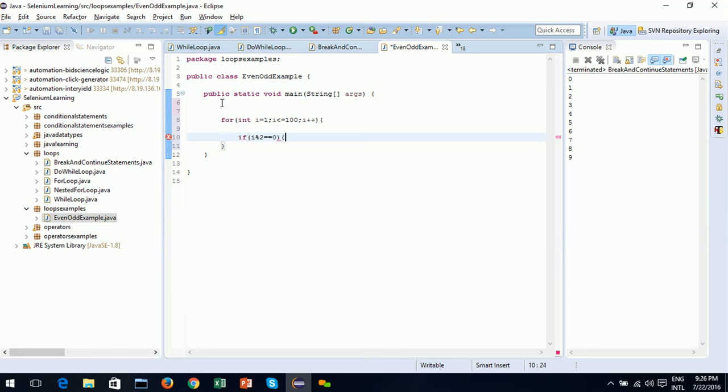What does that mean? When you divide a number by 2, if the remainder is 0, then that is